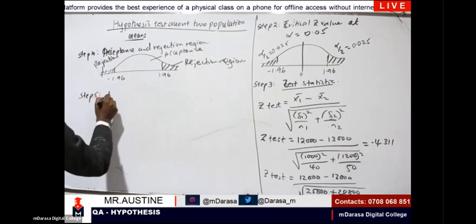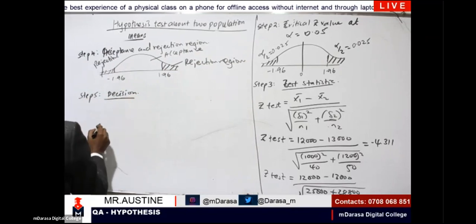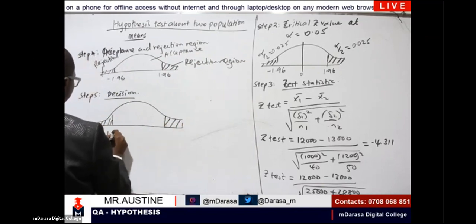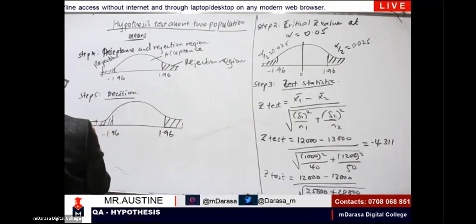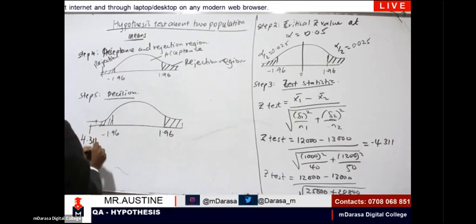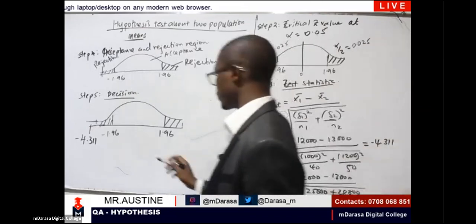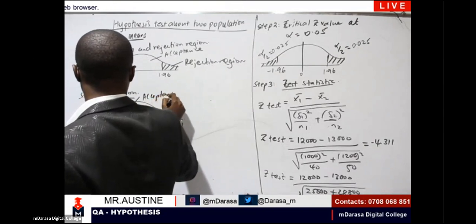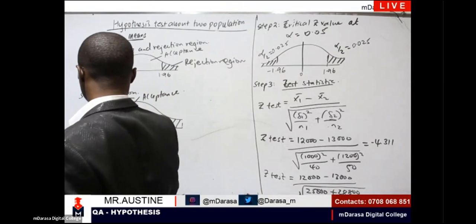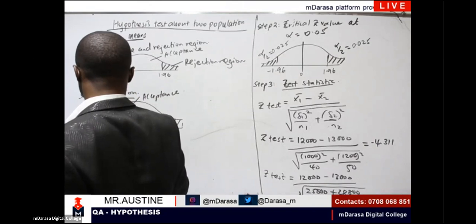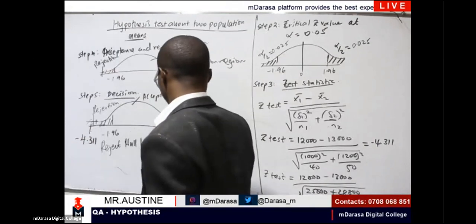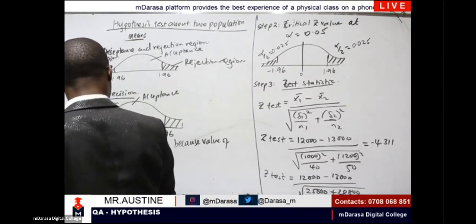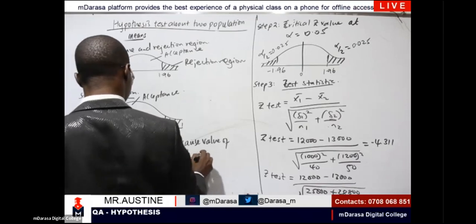Then we come to step 5, the decision. So the decision is going to be: minus 1.96, 1.96. The test statistic we have as negative 4.311. Recall that this one is rejection, this is acceptance. So what do we say? Reject the null hypothesis, because the value of the test statistic falls in the rejection region,